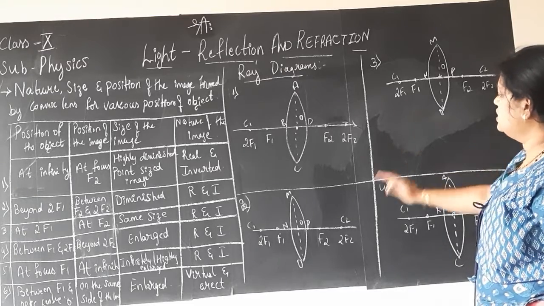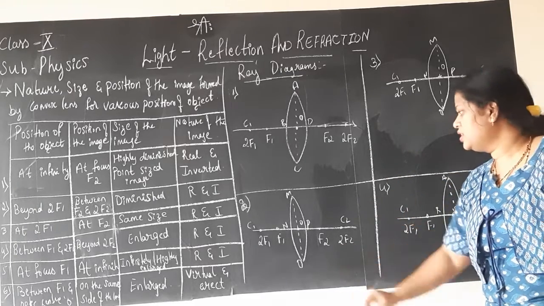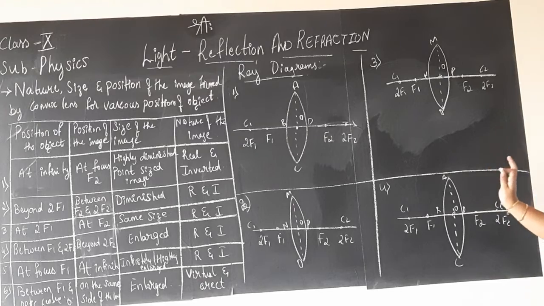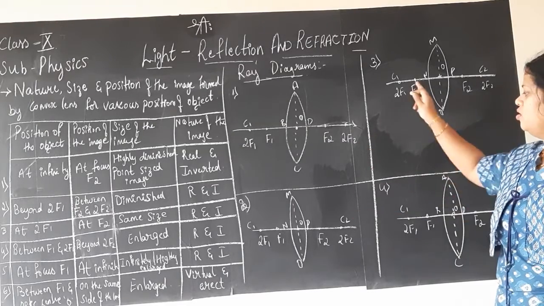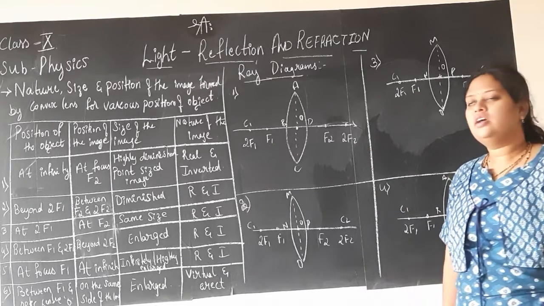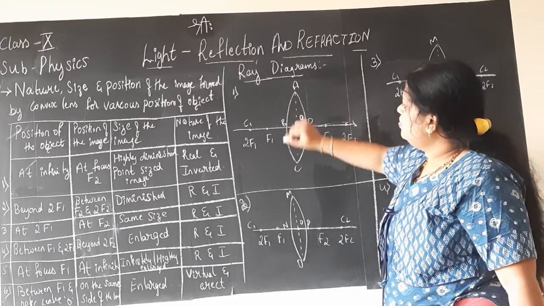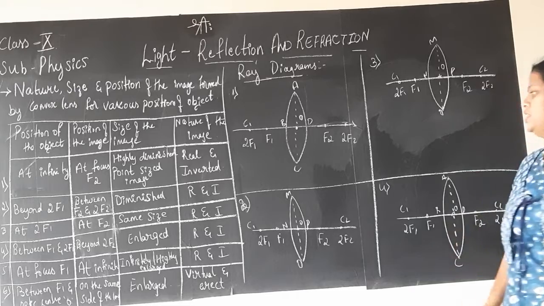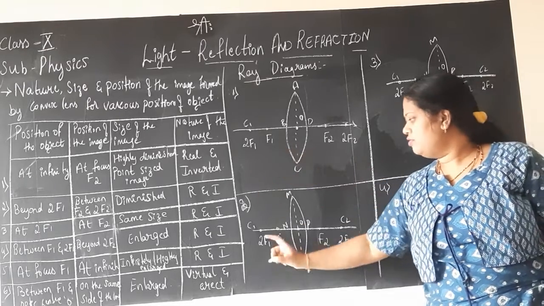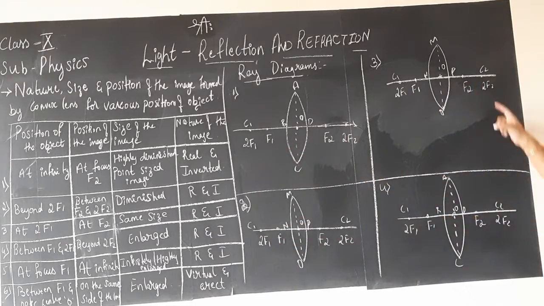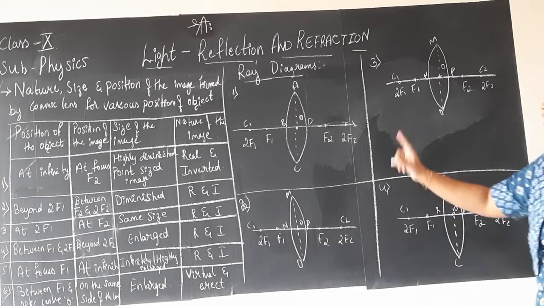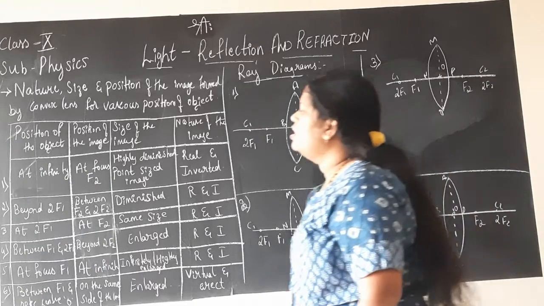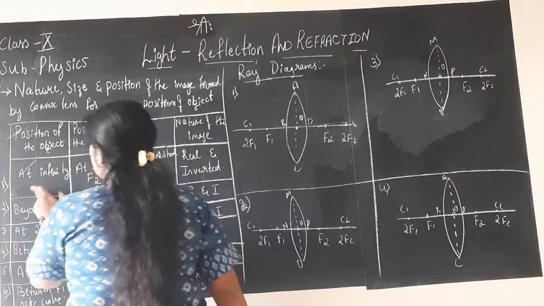So this is the skeleton. As I said, draw the skeleton of the ray diagram and keep it ready. I have drawn all the 4 and kept them ready to save time. So this is the lens, A, B, C, D, MN, OP at the refracting surface I have labeled. F1, C1, F2, C2, everything I have labeled, and the optic centers I have labeled. Now let us go accordingly.